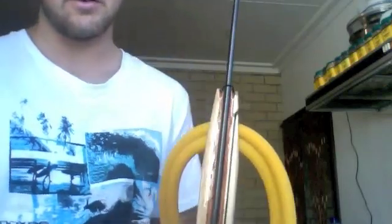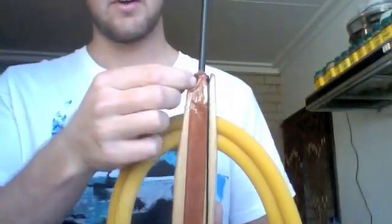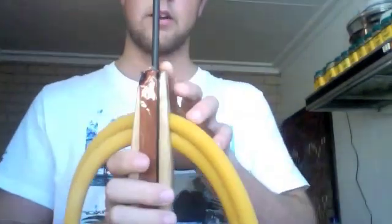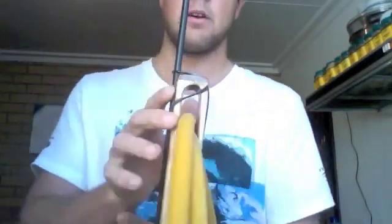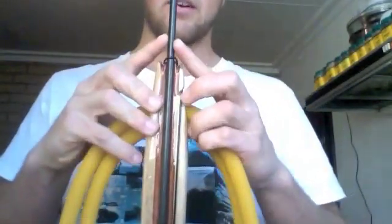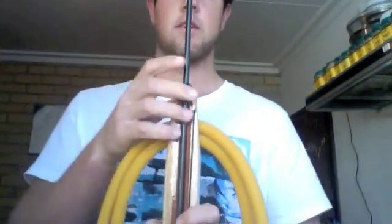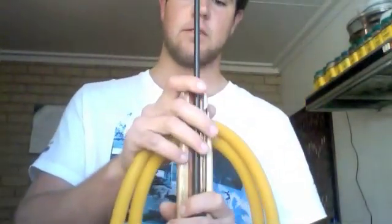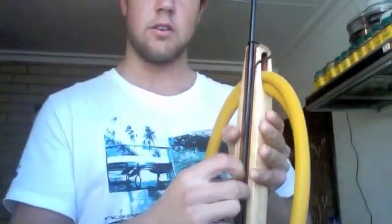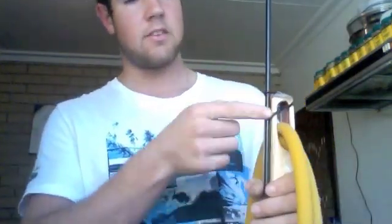Then my line follows up the shaft, goes into this little groove here, creates a little lip here where I've also gone with a saw on each side of my shaft. This black bit hooks in over the top, goes around, and literally holds the shaft to the rest of the gun. This also means that there's very little stopping it. It keeps my spear good and level on the track that I routed in for it, and should help my accuracy. When I pull the trigger, obviously this line here is going to go slack as the spear moves up the shaft, up the barrel. And when it reaches the end, it's going to pull through here,